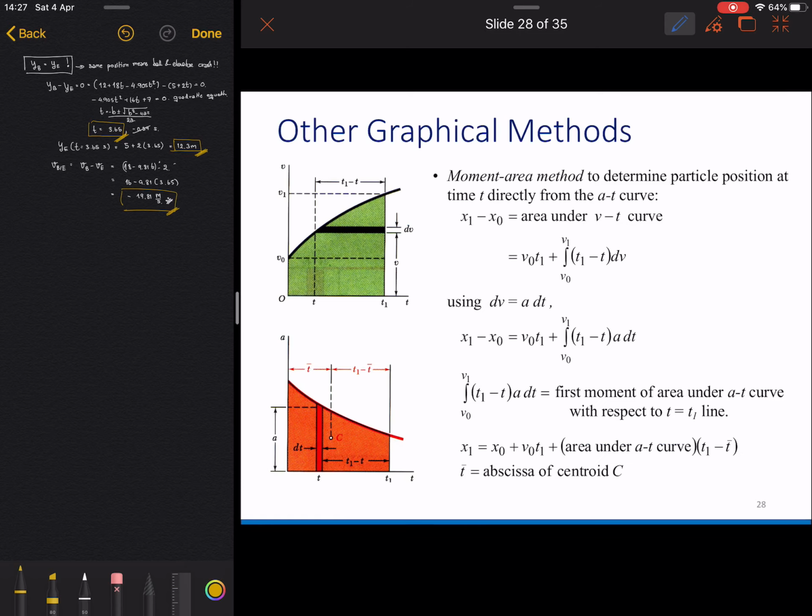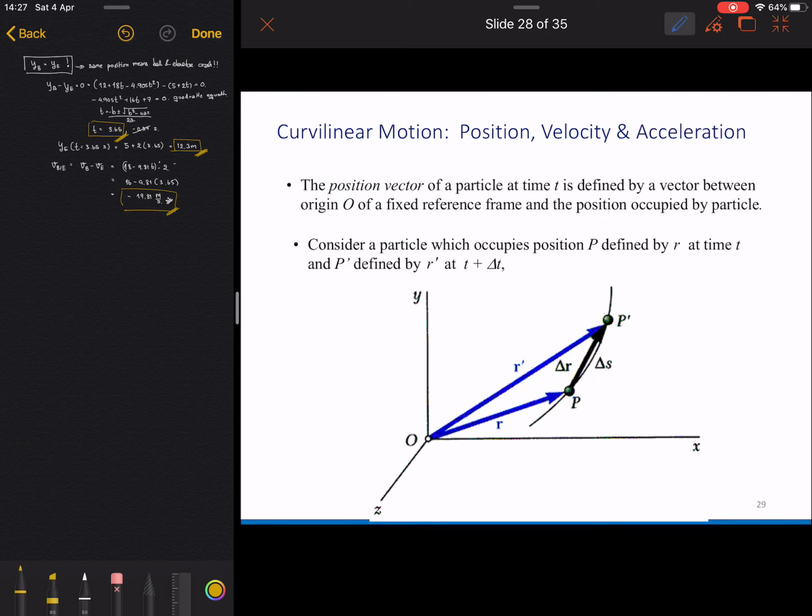Also, here is some other graphical method that you can integrate if you would like to find the displacement of this curve. You can also integrate by the horizontal approach, or the vertical approach as here. So this is really deep in detail for the calculus. Okay, so next is the curvatures,